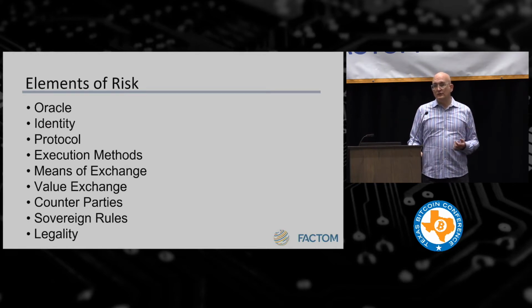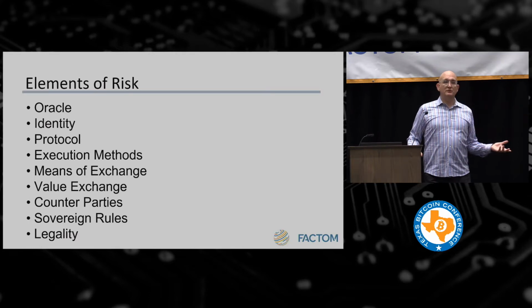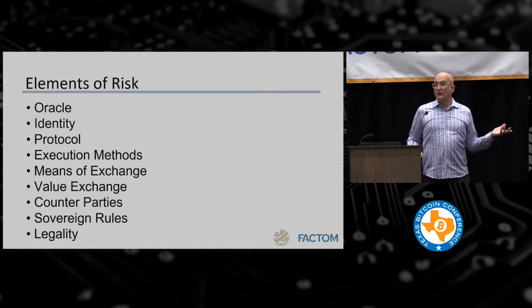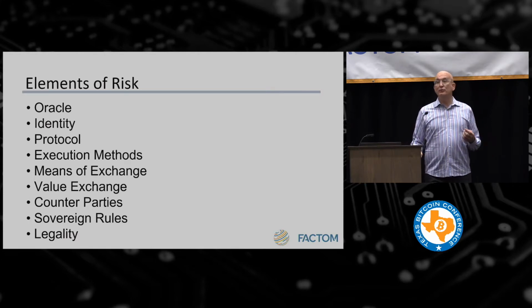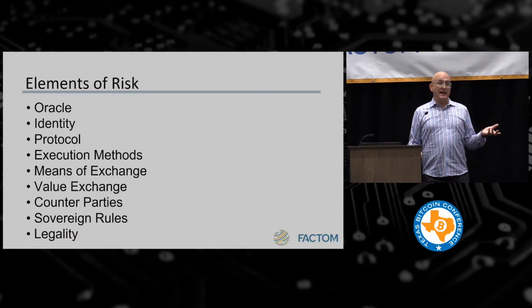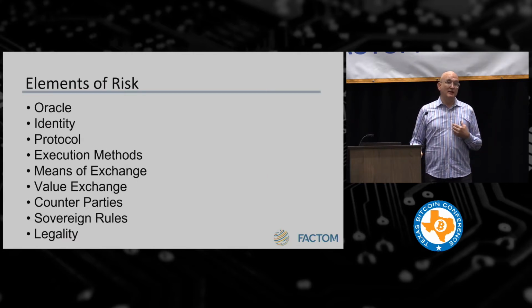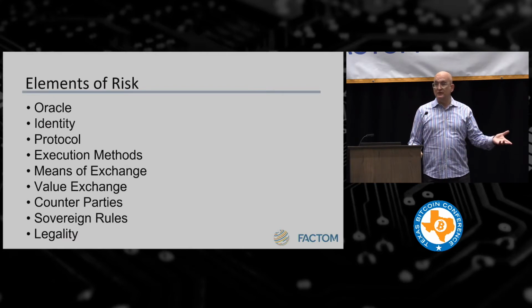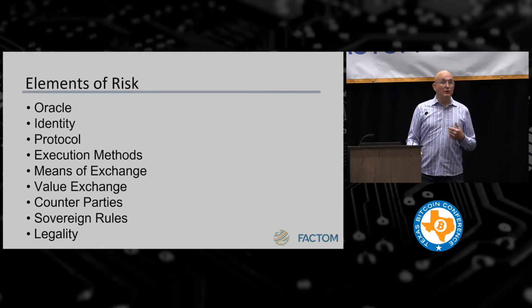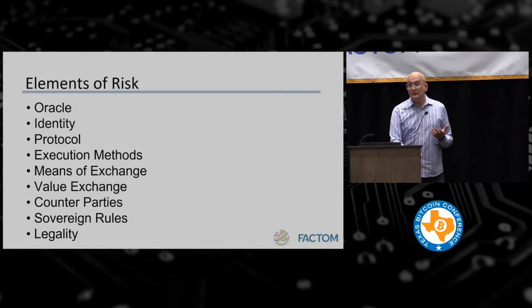From the financial world, I can tell you that it's very possible to design a smart contract that has a bank exchange like an ACH or an ETF as a part of the execution. The hard part is I can't prove that the bank delivered the money. I can't prove there was finality to the contract. If I'm the buyer and I have a duty to pay, I can't prove that payment was delivered, and that's a really important thing.